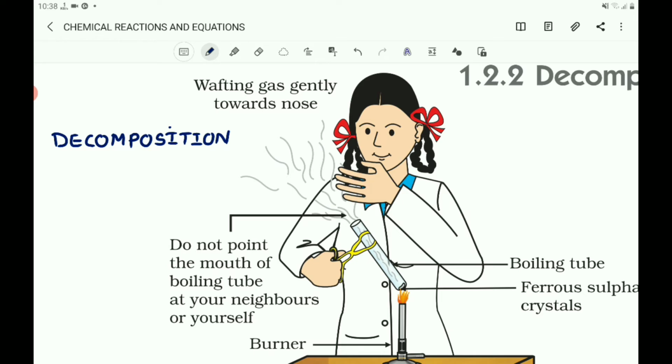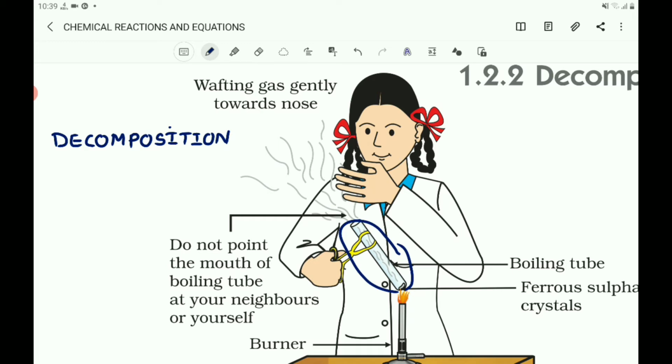So let us do an activity here. Take about 2 grams of ferrous sulfate crystals in a dry boiling tube. That must be a dry boiling tube. Note the color of the ferrous sulfate crystals. Here you take 2 grams of ferrous sulfate in the crystal form in a dry boiling tube, and note the color of the ferrous sulfate, and